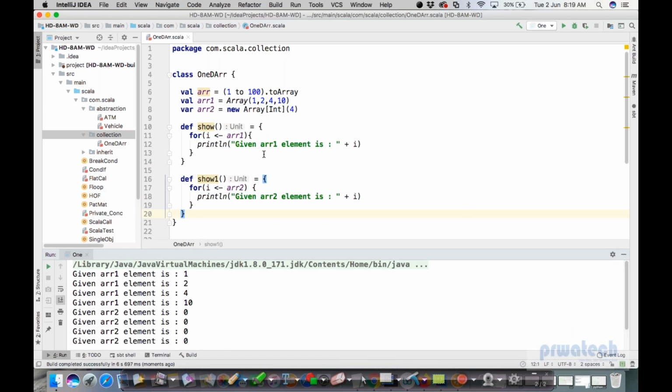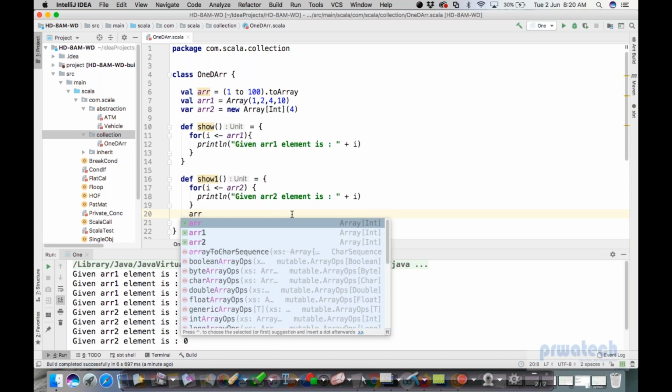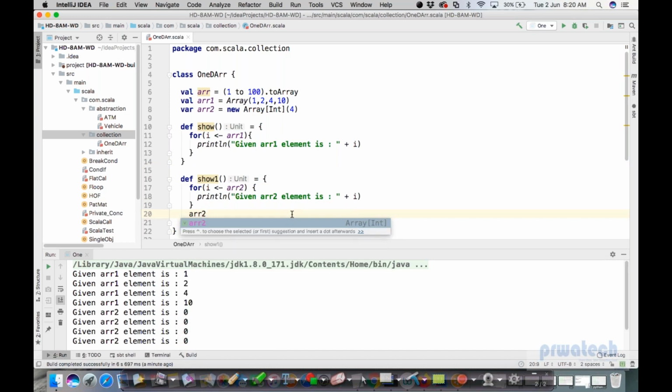So you can see my first function is writing given ARR1 element, which is 1, 2, 4, 10, and the second one, ARR2, is all 0, four times 0, because I have initialized this as 4 here. Now I will change this statement,